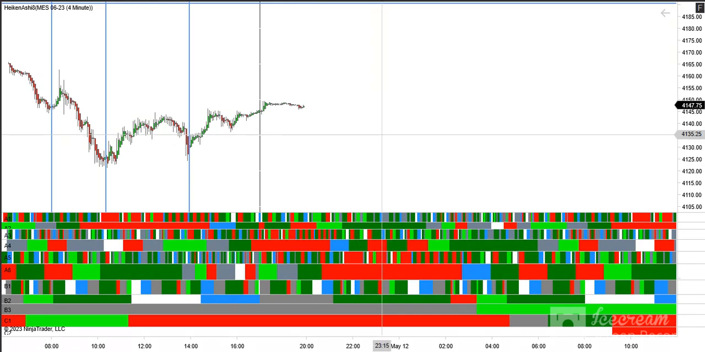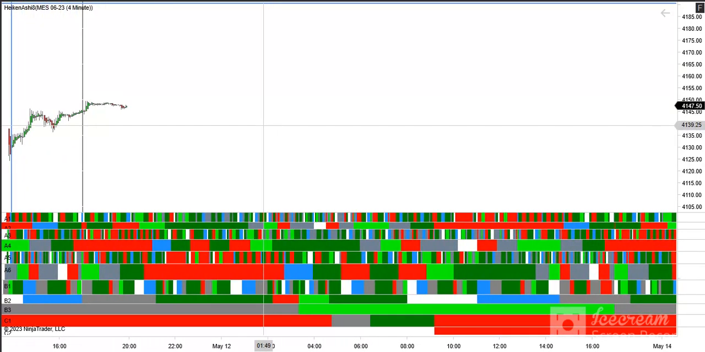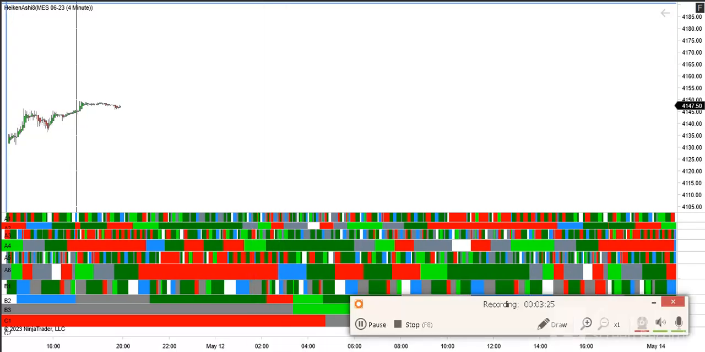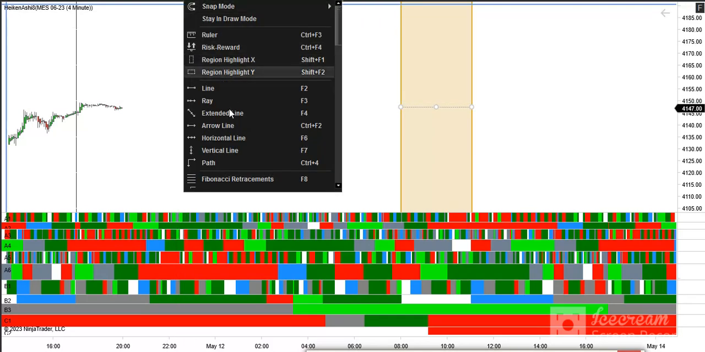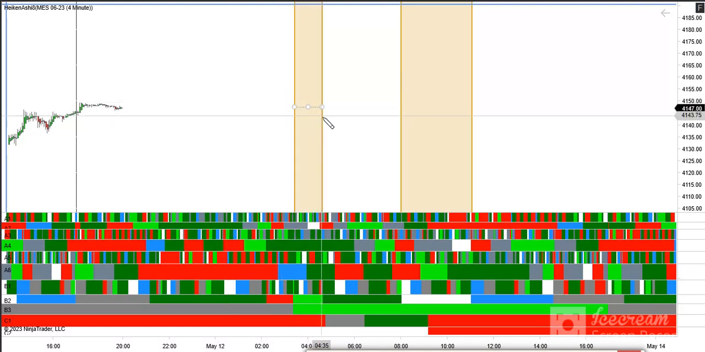Now looking into Friday's activity, we've got large windows there, so we want to look at the overlap. So we've got this bright green window, basically encapsulates the whole trading day. So we've got to look to the upper windows to try to narrow that down. So we've got bright green here